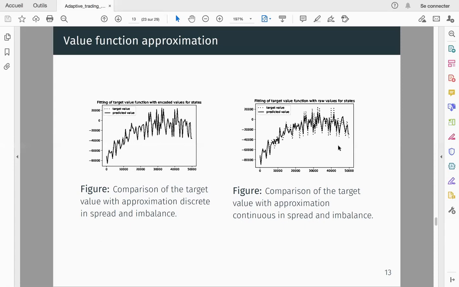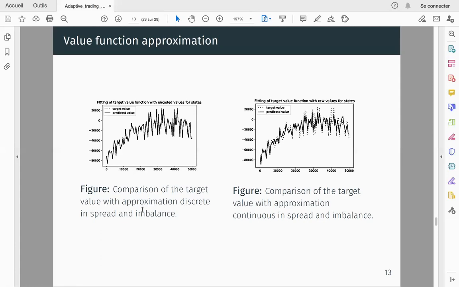For the deep reinforcement learning approach, the trader's strategy, so the P and L, and also the market order M, as well as the value function of the control problem, are represented using a neural network. To be fairly concise, we use an actor-critic method, meaning that we alternate the phases of learning, with gradient descent between the optimal control of the trader and the approximation of the value function. So this is all, I think, for the description of the